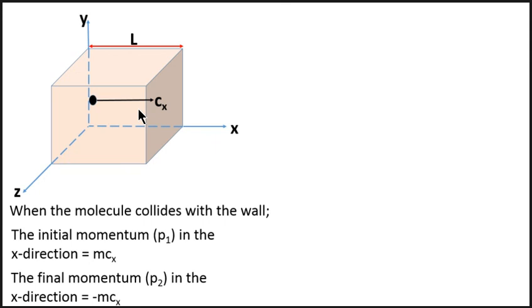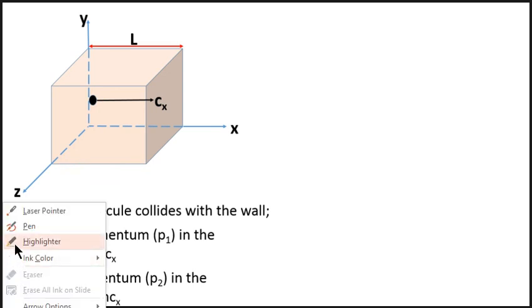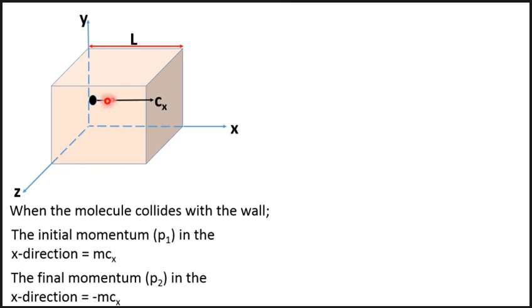Why do we have minus? Because the object is going to move back in its initial direction. What I mean is this: the object is starting off from here, moving like this. On hitting the wall, it bounces back. So that direction of bouncing back is simply opposite to the first direction. That is why it is negative, and it's moving in the left direction, which is negative. When it was initially going, it was moving in the positive direction. Now again,